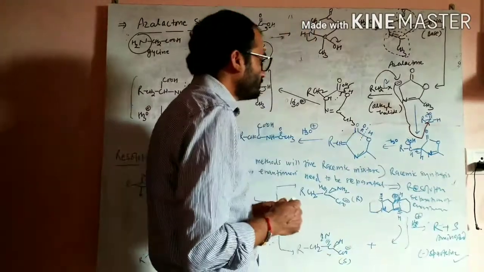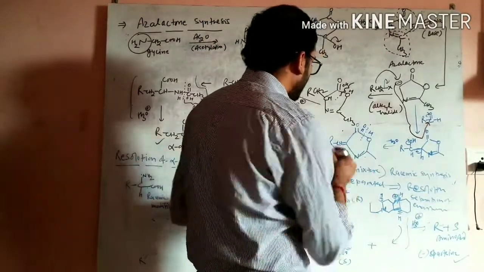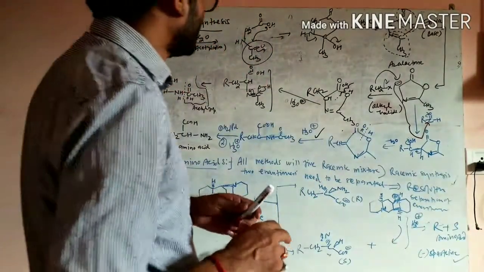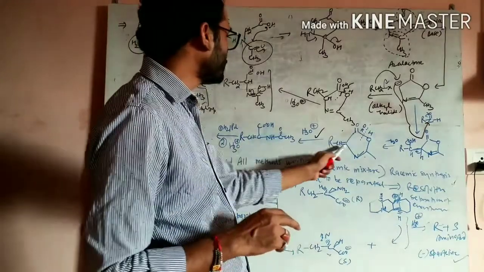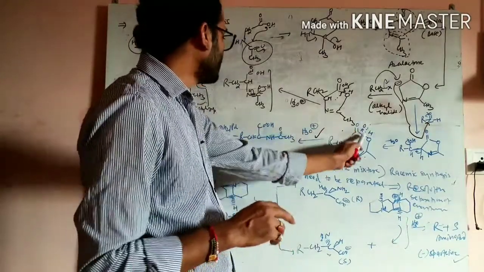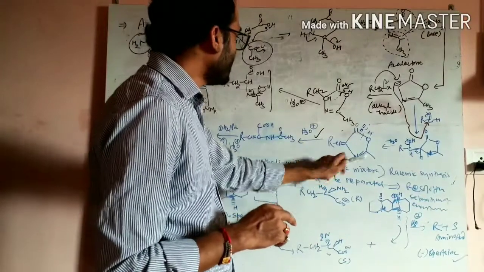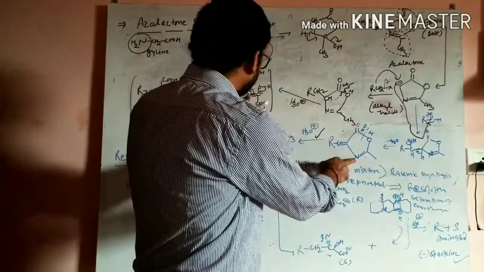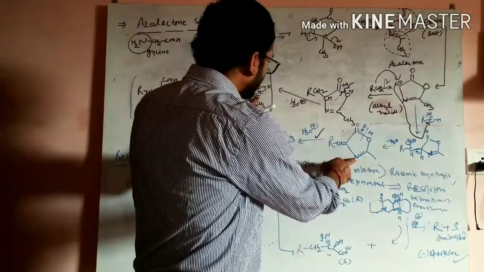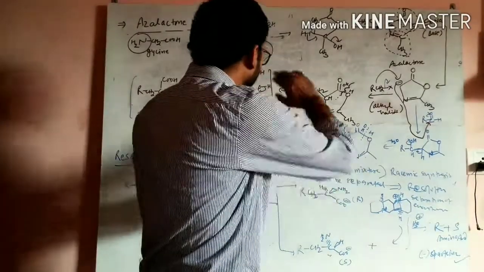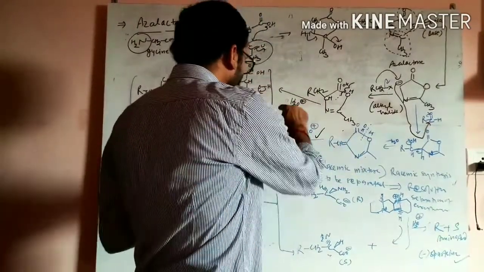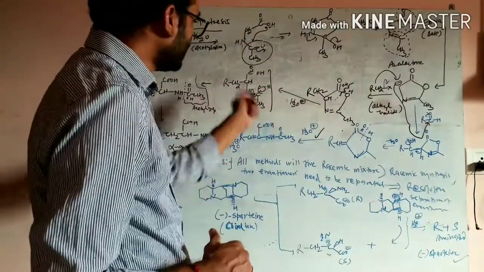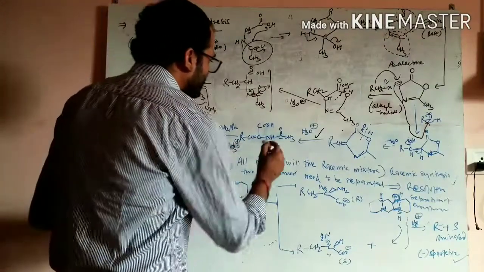After formation of this molecule, it will hydrolyze under acidic conditions, and after acid hydrolysis it is converted into RCH double bond C, COOH, and then NH. NH is here, and this is N double bond C, and then CH3 and OH. This enol form is converted into the keto form after enolization, just like here. Okay, so this acetylated product is formed.